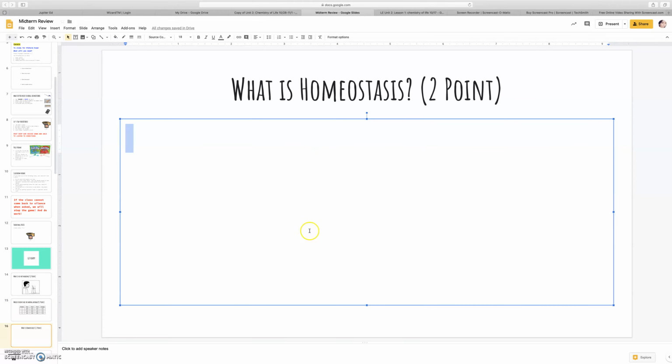Homeostasis. So homeostasis is an internal